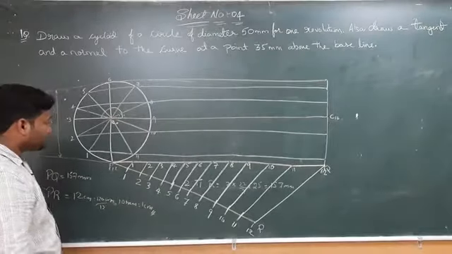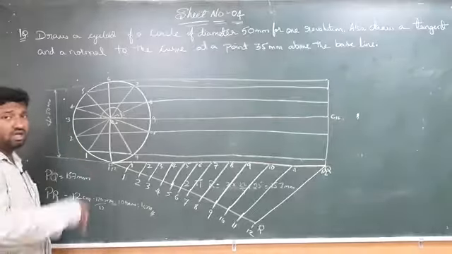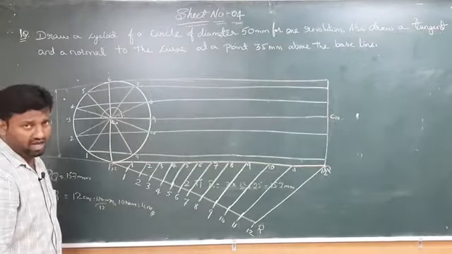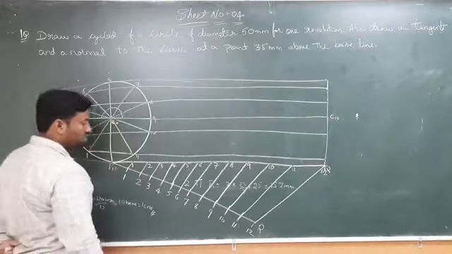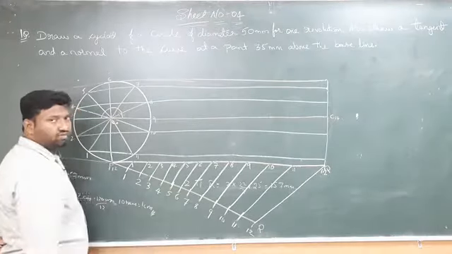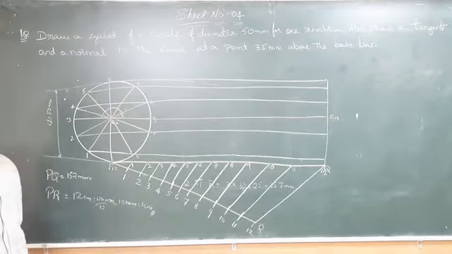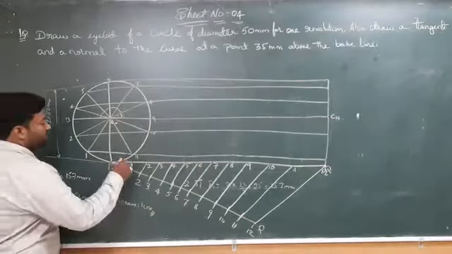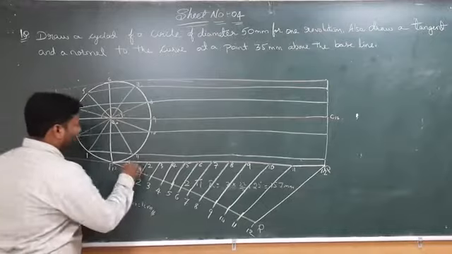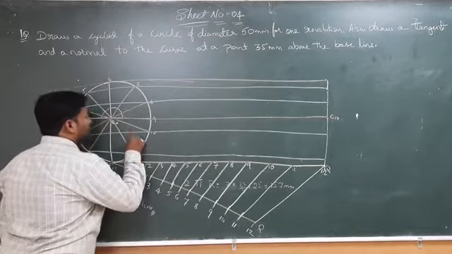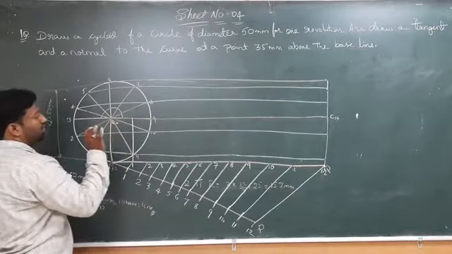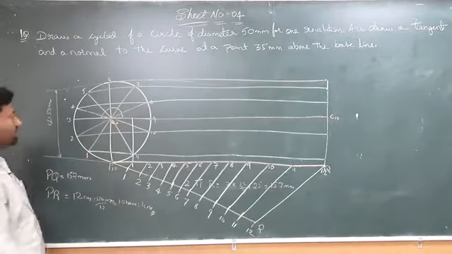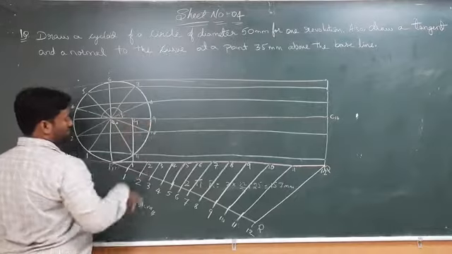After that, we have to draw vertical lines from the base line. So here the base line is nothing but our PQ, which is equal to 157 mm. That is nothing but the circumference of the circle. Now, next, from 1 we have to draw a vertical line and it should meet the center line. Here we have to give the text like C1.